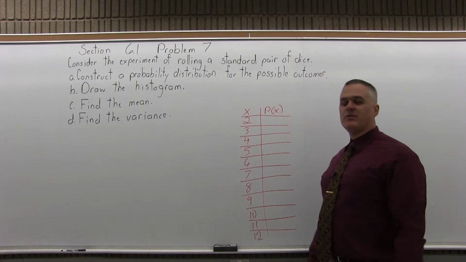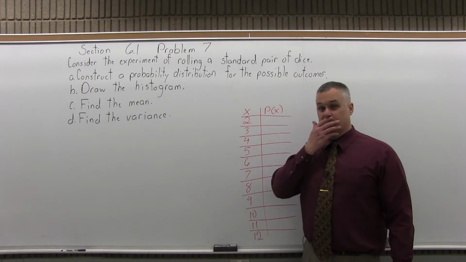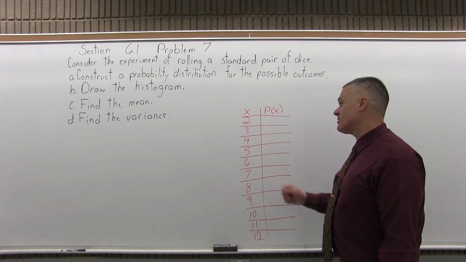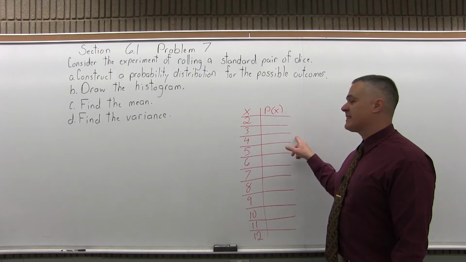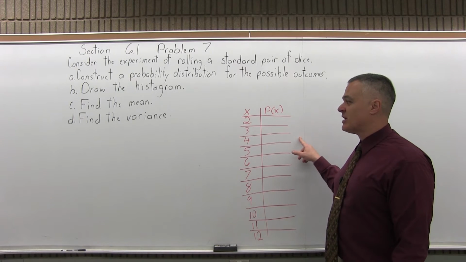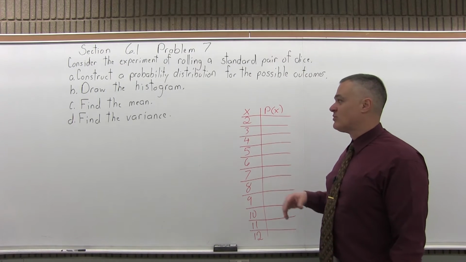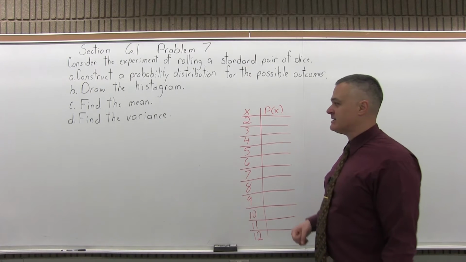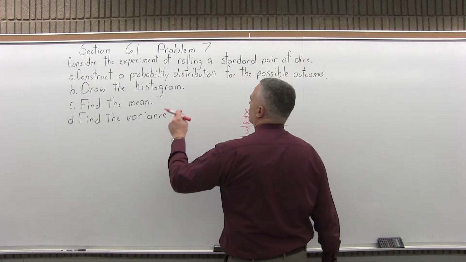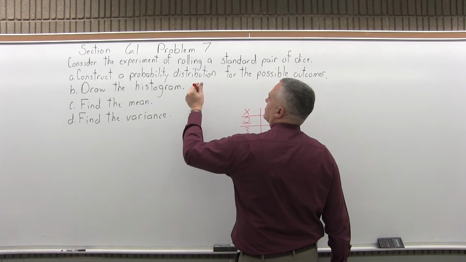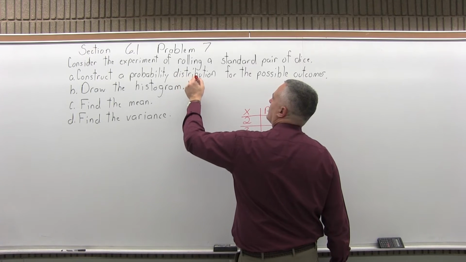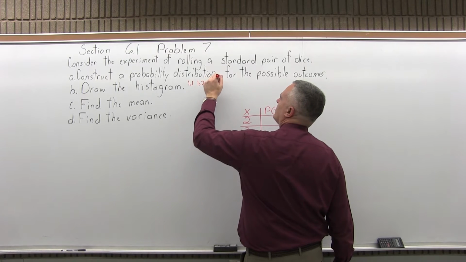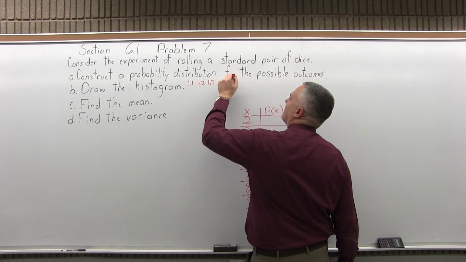Now we have to fill in the probabilities. Where's that going to come from? I mean, the first problem, we think about it a little bit, but how about the probabilities? Well, it helps if you can remember what that dice chart looks like, what every possible roll is that you can get when you roll a pair of dice. I'll write it kind of small so you can get 1, 1, 1, 2, 1, 3, 1, 4, 1, 5,